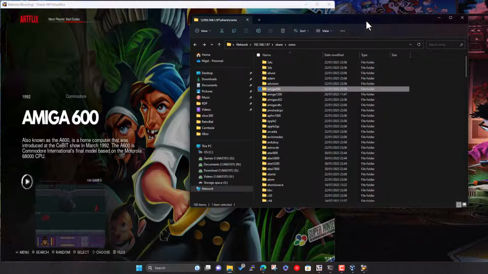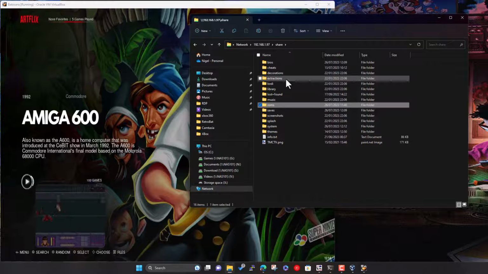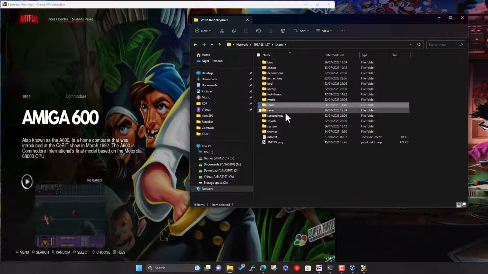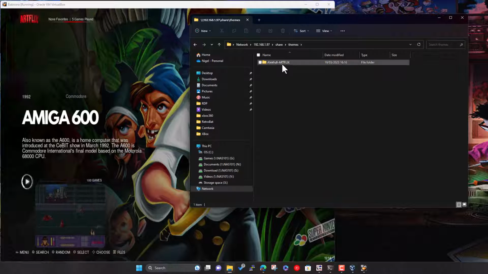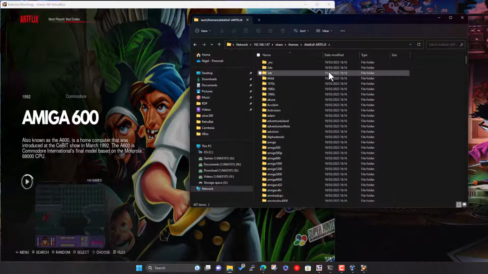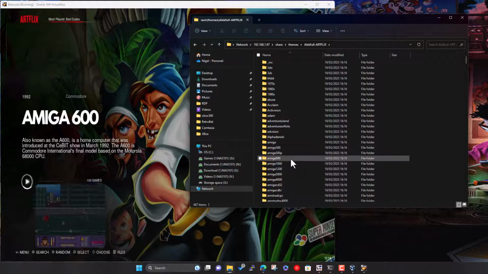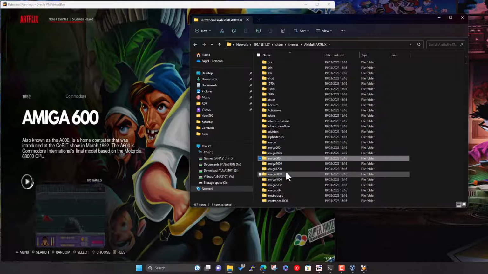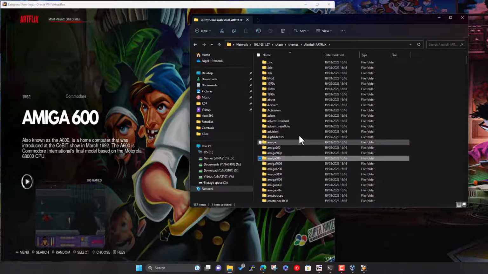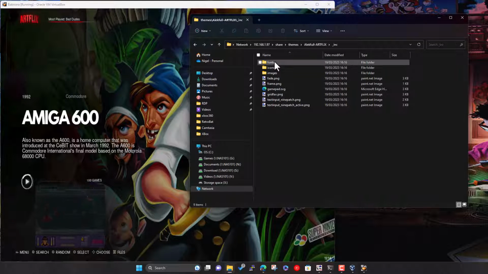You could go back to the share, and then I need to remember where it is. We've got themes, Artflix, and see it's got folders for everything. I have 1200 and a whole bunch more, but I'm pretty sure